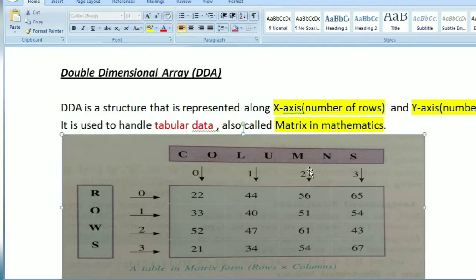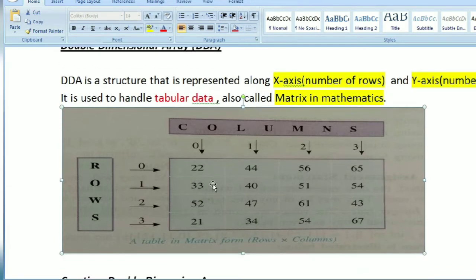As you can see over here in the image, this is your tabular data, that is, data in the form of a table, and these are the columns and these are the rows. Let me explain this.